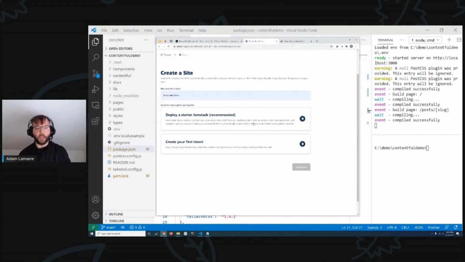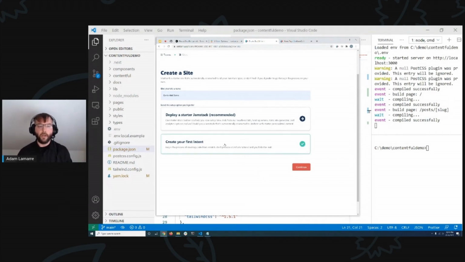Maybe you want to build your stack using Contentful, deploy to Netlify, and use Google Analytics. This process will walk you through setting up one of our starters with the stack that you specify. Your other option right now is to create your first intent,